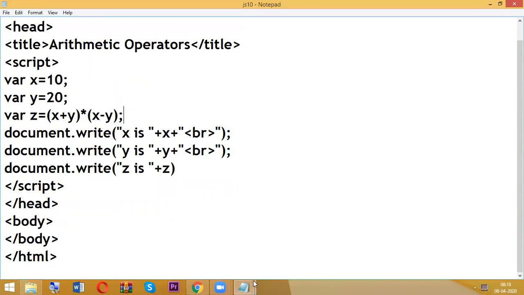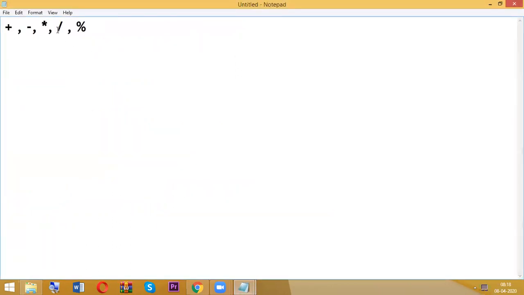Okay. So next, what is the difference between division and modulus? This is division and this is modulus. If it is 10 divided by 5, the result is what? 2. Five twos are 10. This is nothing but the quotient.